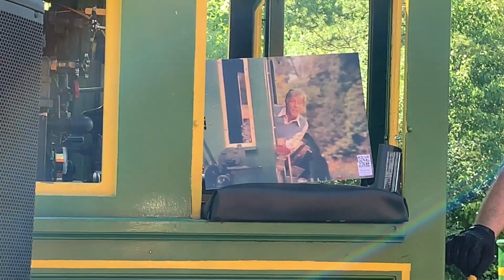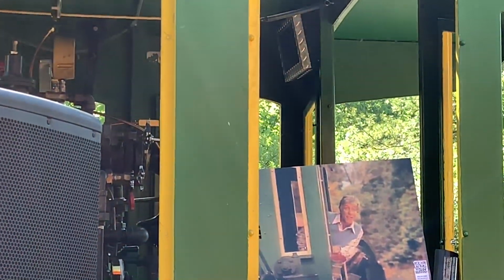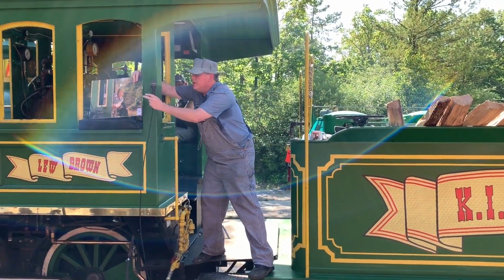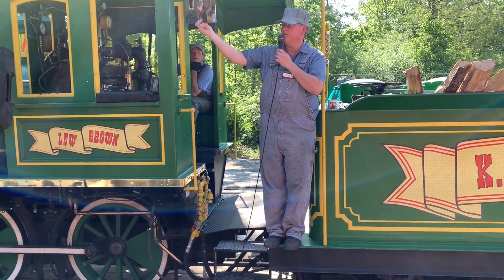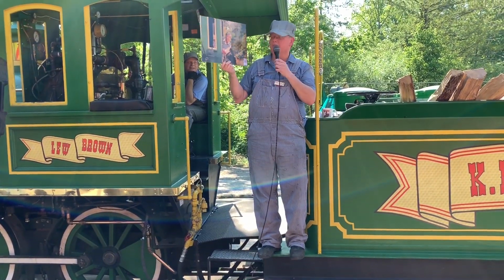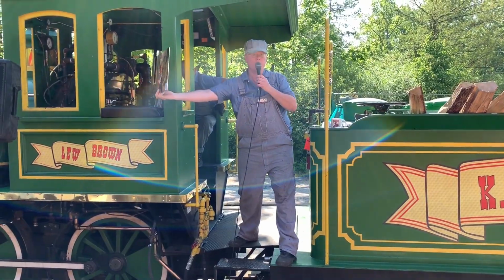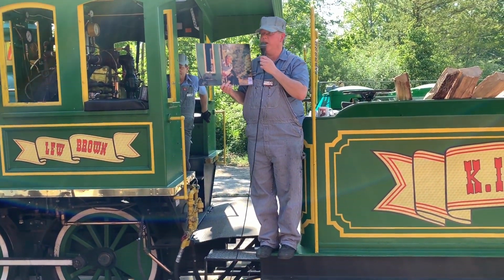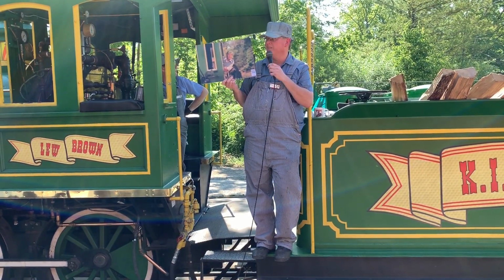Dick Van Dyke picture there. For those who have quick eyes, you may have seen this as we went by. Anybody recognize who this is? Dick Van Dyke. Right, Dick Van Dyke. So this is Dick Van Dyke on this engine out of this window, in preparation for the 1978 season, making a commercial for King's Dominion,